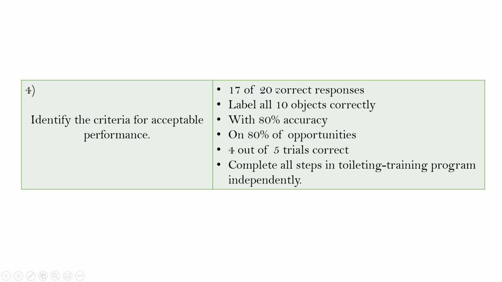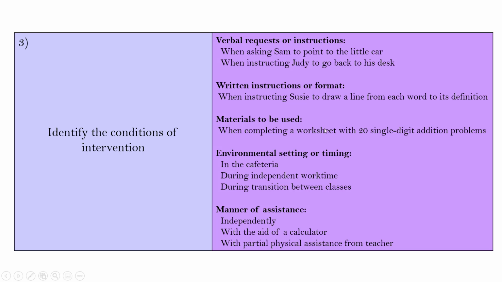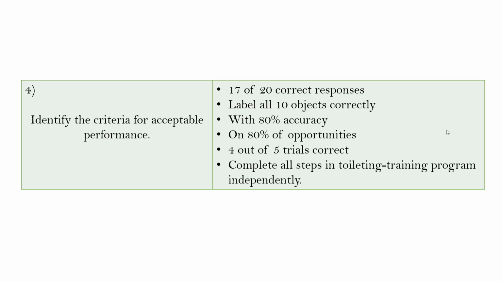Is it going to be 17 out of 20 correct responses on math problems? We talked about when completing a worksheet with 20-digit addition problems, John will answer the questions correctly, or will answer 17 out of 20 correct responses, something like that. Label all 10 objects correctly. They will engage in this behavior with 80% accuracy. They'll answer correctly on 80% of opportunities. 4 out of 5 trials correct, or they'll complete all steps in the toilet training program independently. So this shows us the criteria that the kid needs to meet for that